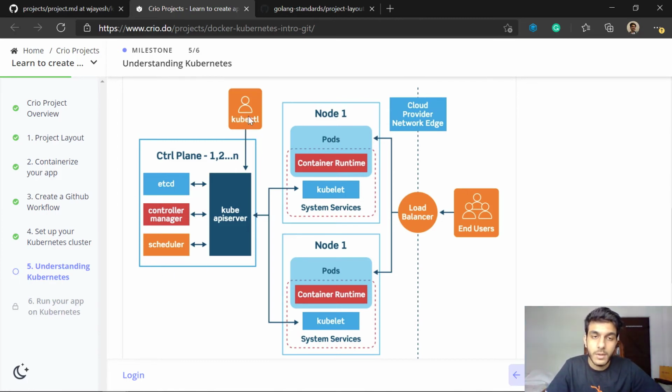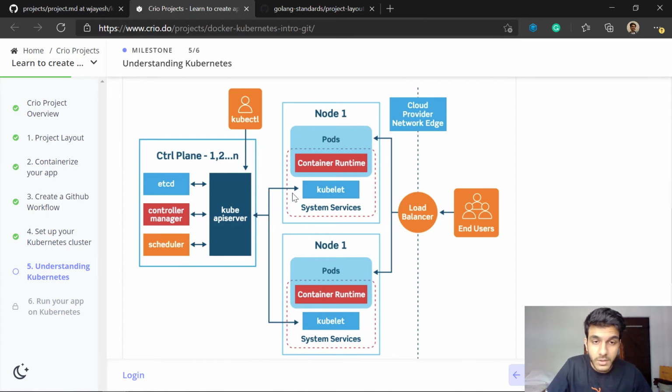kubectl, which you saw in the last milestone, is a tool which clients can use to send commands to the Kubernetes cluster. For example, say I have a cluster on Azure servers, deployed in the Azure portal, and I want to interact with it using my own local machine. In VS Code, I set up kubectl, and using it I create new deployments, new containers and all those things inside my cluster. This is how you access the API server. The API server exposes all the different things like creating, deleting, checking out logs and so on.